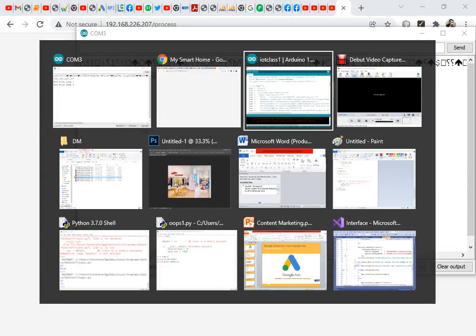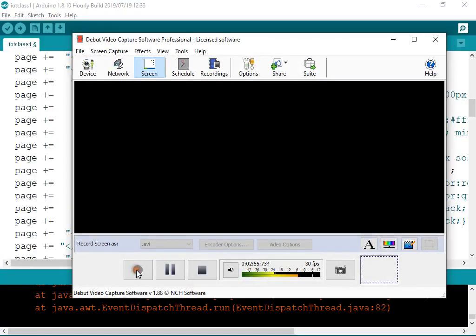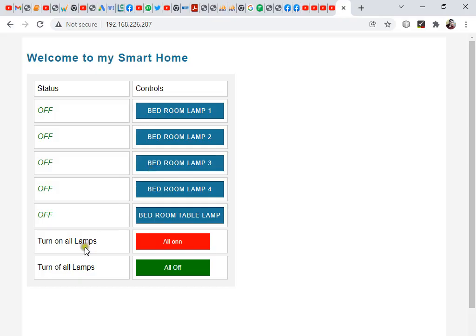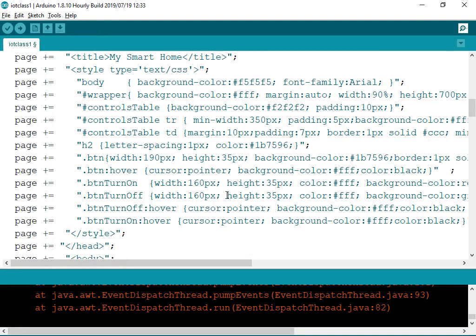Now there is some serious issue right here, so we're dealing with something serious. Let's stop the recording here by the time we resolve this issue. Everything was alright, so some issues with the Wi-Fi. We'll still try to turn on all, off, all on. Absolutely fine, so you can see all of them are on with a single click, and all of them are off with a single click, and you can individually toggle between them, right? Okay, so